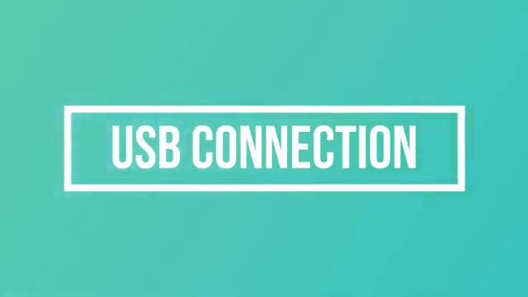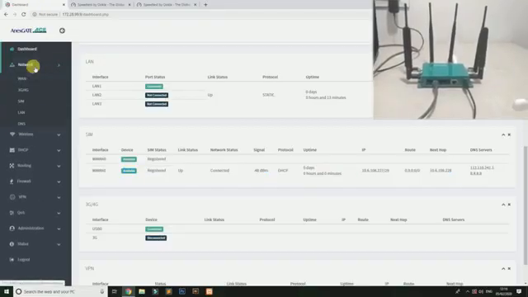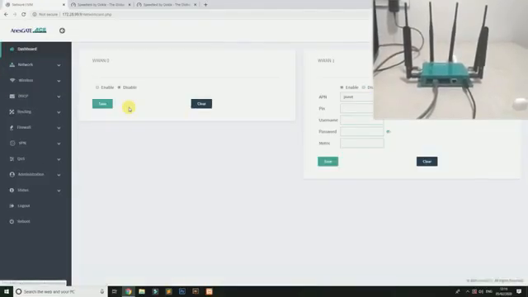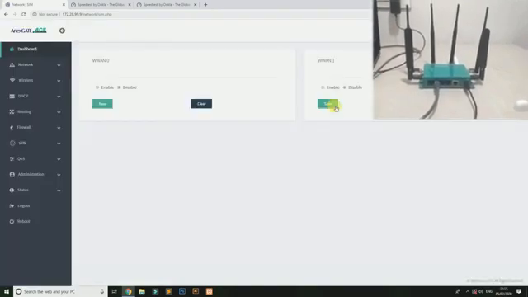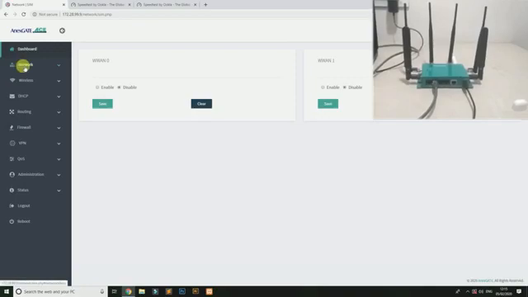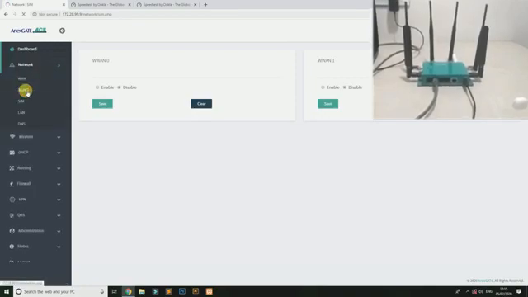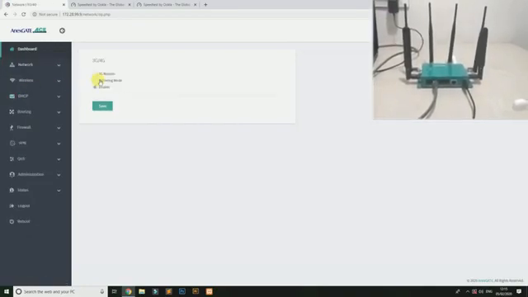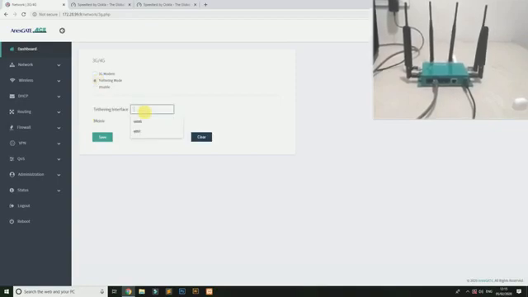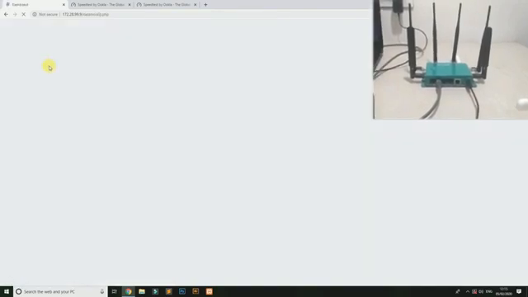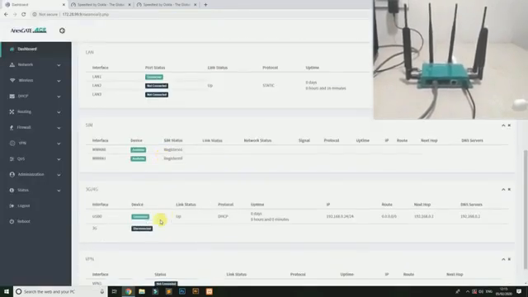We now set up USB tethering. But first, we disable both the SIM connections. You can check the status of this connection on the dashboard as well.